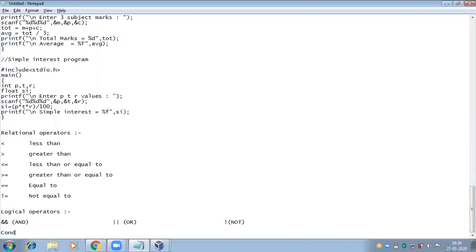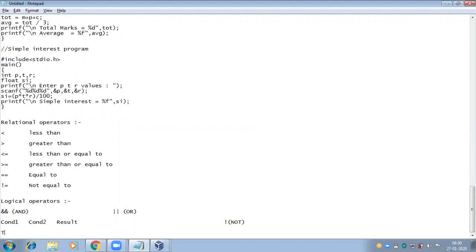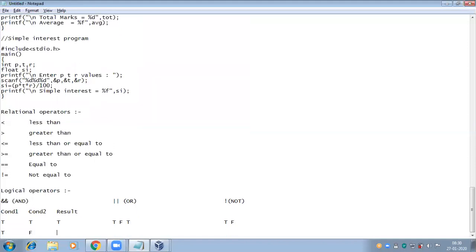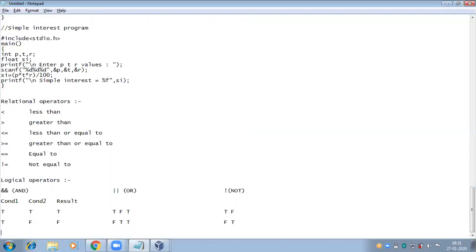In case of logical AND, if all conditions are true, then only the result will be true. In case of OR, if any one is true, it returns true. In case of NOT, if the condition is true then false, and false then true. Negation operator.